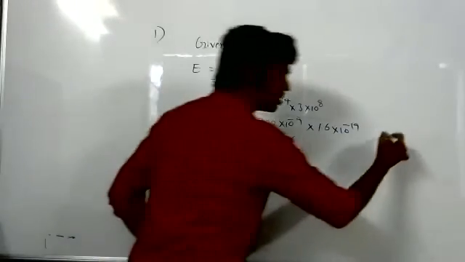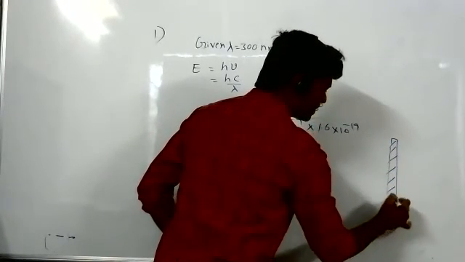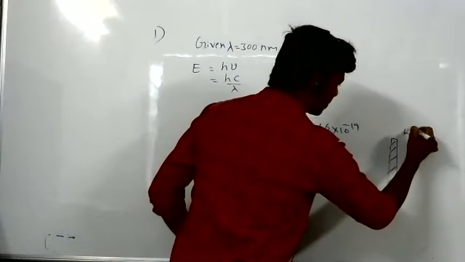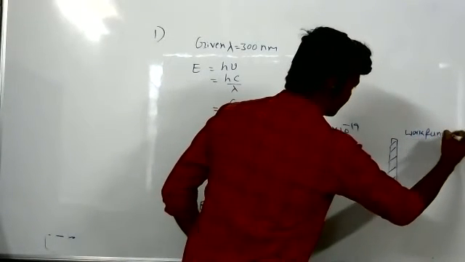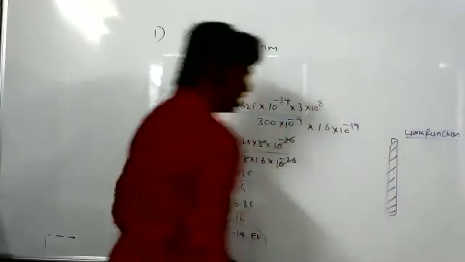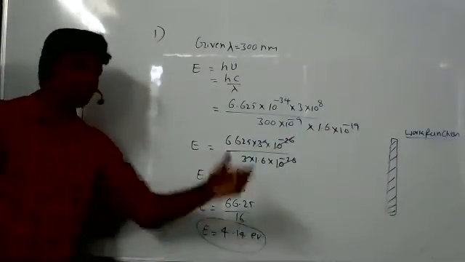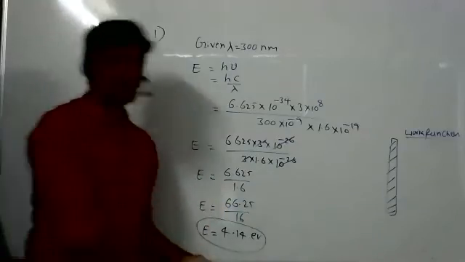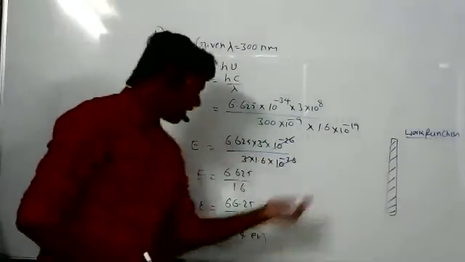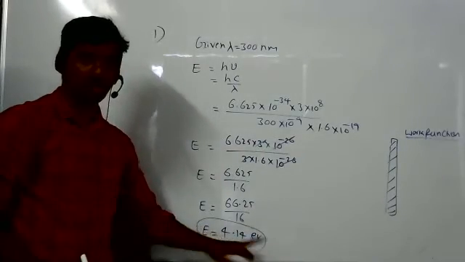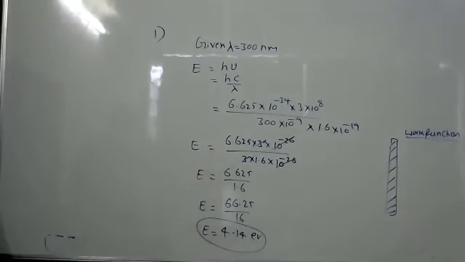Here the metals are given in a tabular form. Metal threshold energy, or work function, is given. If the metal work function is below 4.14, those all show the photoelectric effect. No doubt, some electrons are ejected out, which also have some kinetic energy. If metals have more than 4.14 electron volt, they do not show the photoelectric effect. Now choose which metals are able to show the photoelectric effect.